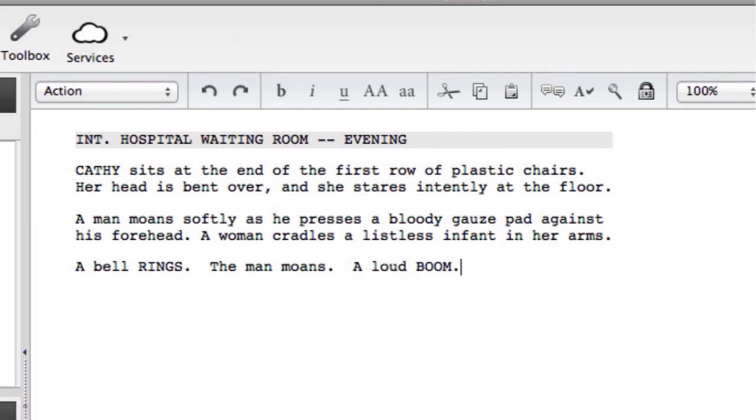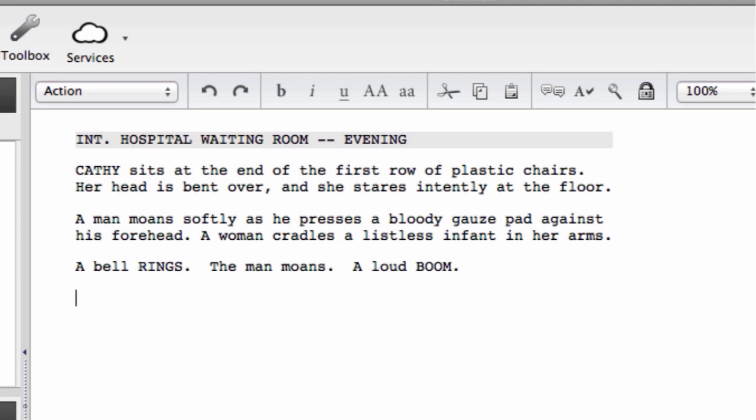Now, I'm the one who capitalized that sound. Celtx isn't so smart that it capitalizes a sound when it sees it, or hears it. Anyway, if I hit return or enter, you'll see that it puts a space. I can continue to write scene description, or if I hit enter again, it will allow me to create another slug line. But wait a minute, what about character dialogue?